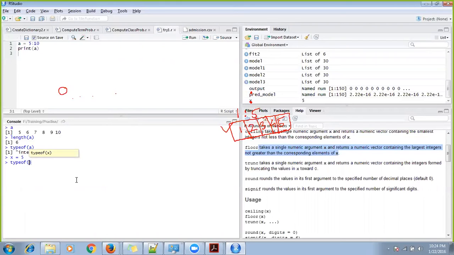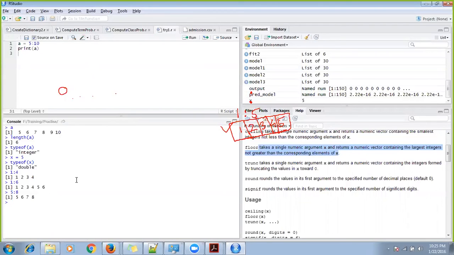Now when I say type of x, it should return integer, right? Because 5 is an integer, but it will actually return double because it has stored it in double format. But whenever you write something like a sequence of 1 to 4, or 1 to 6, or 5 to 8, a sequence can only happen using integers. A sequence increments with a gap of 1, so it only works on integers.